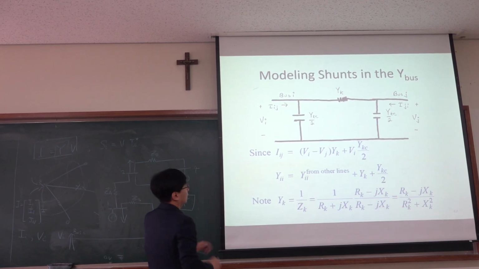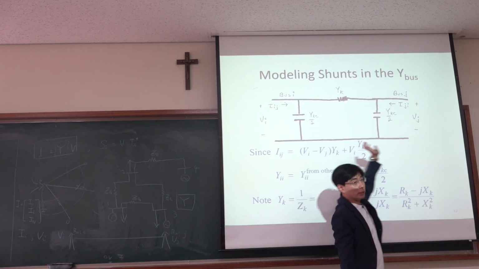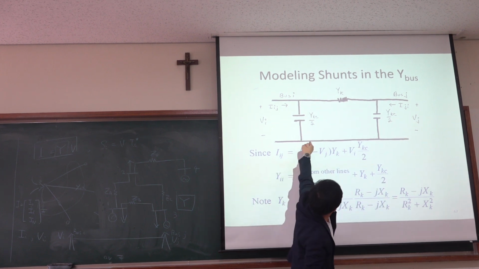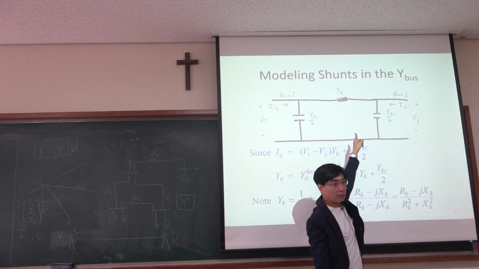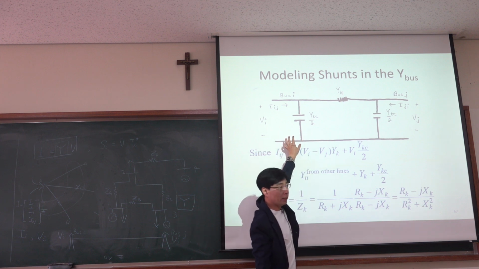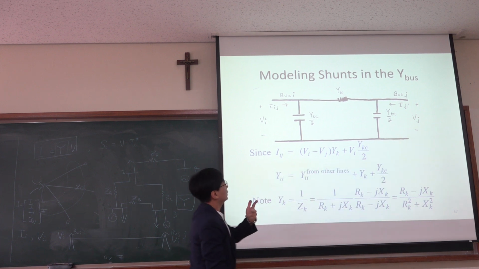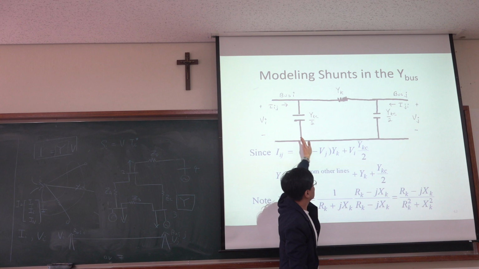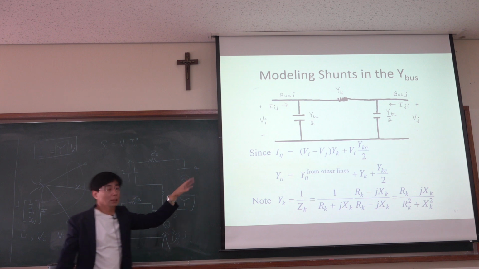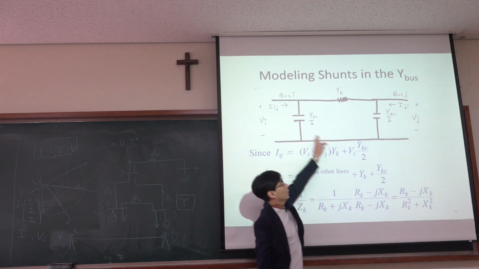But using the lumped parameter model, we put all the capacitance into bus I and bus J. So the capacitance component is denoted by Ykc for line k, but this is divided by 2. Half of the capacitance is at bus I, and half is at bus J. Then there are 3 components: the inductance, capacitance, and capacitance, and the shape is pi, right? So this model is called the pi model. And this part and that part are called